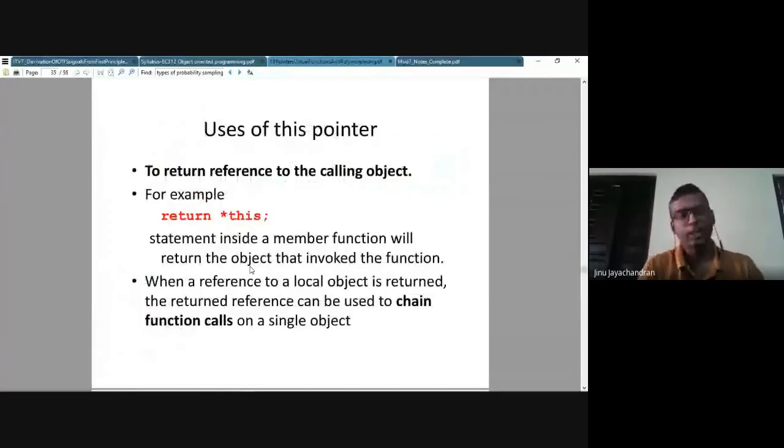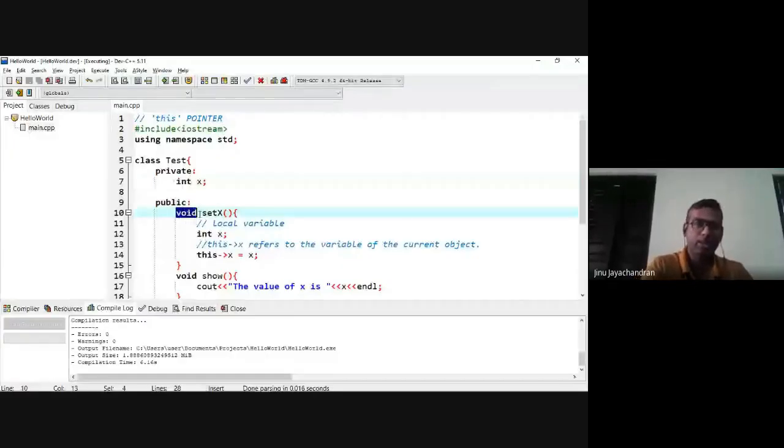There is another use of the this pointer, which is to return the current object, to return the reference to the calling object. So if I say test, I am returning an object of test.